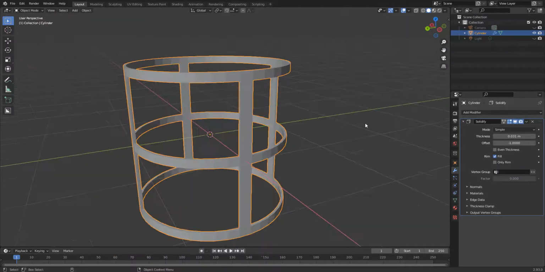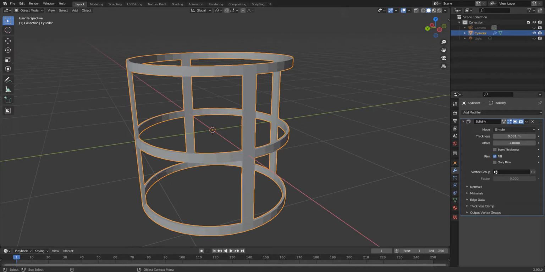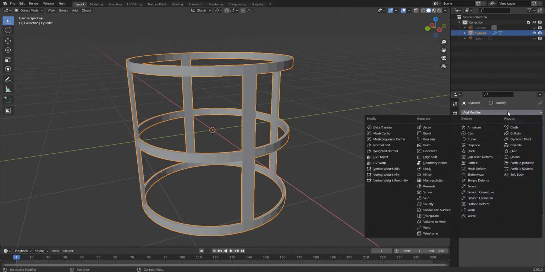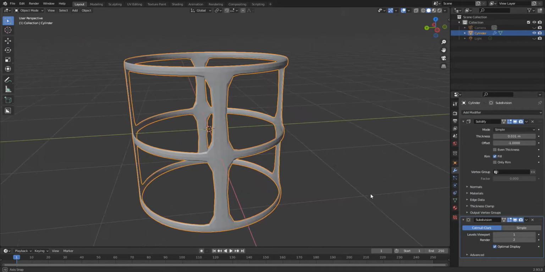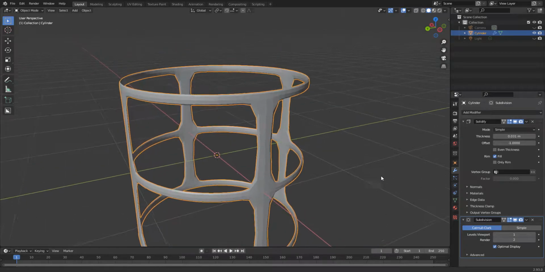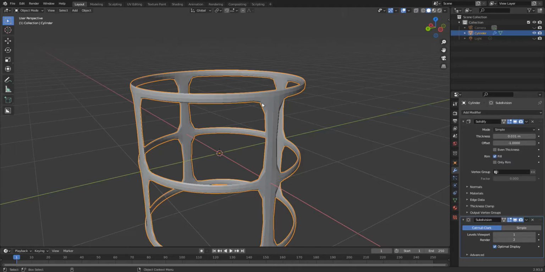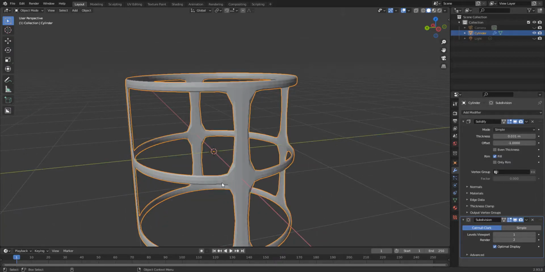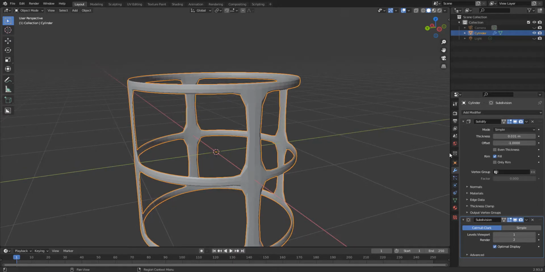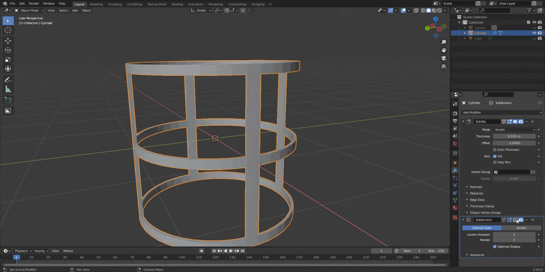All right. The next thing that we're going to do is add a subdivision surface modifier to it. This will let me add more geometry to my mesh and smooths it out so that I have a better looking object. Click Add Modifier and then select Subdivision Surface. Now something went wrong here. Since we don't have a lot of geometry around these areas, it will try to smooth it out, which will give us this kind of rounded area right here, which we don't need. So what I'm going to do is I'm going to turn this off